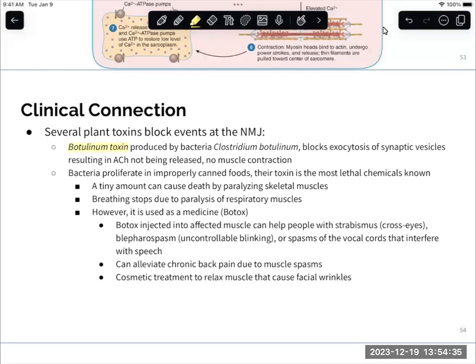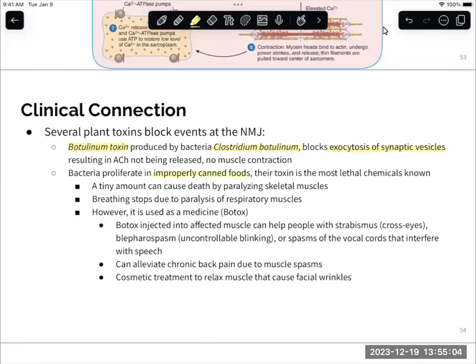Botulinum toxin. Clostridium botulinum is the bacteria that causes it. It prevents those synaptic vesicles from being released. If we don't release those synaptic vesicles, acetylcholine is not going to be released, which means there are no muscle contractions that are going to happen. This toxin